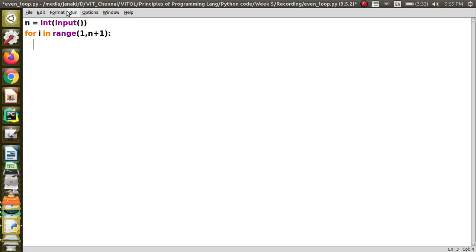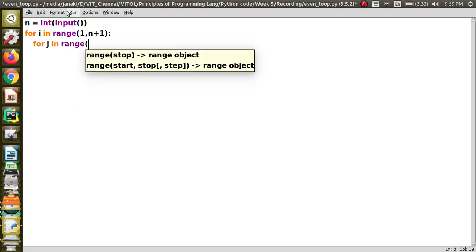And then for j in range. So how should j start actually? j should start from i into 2, and it should decrement.